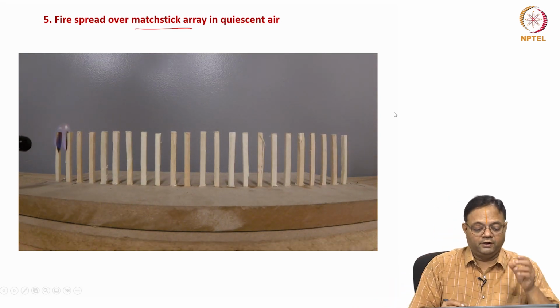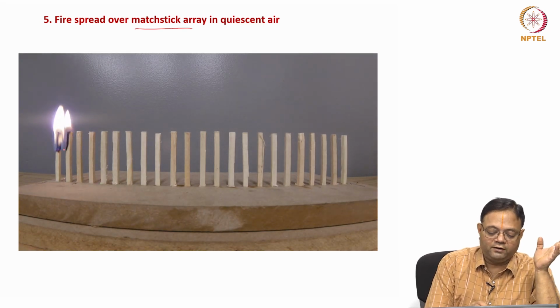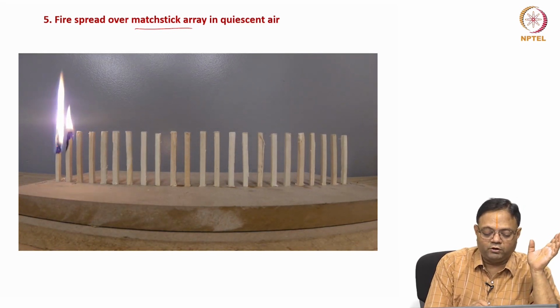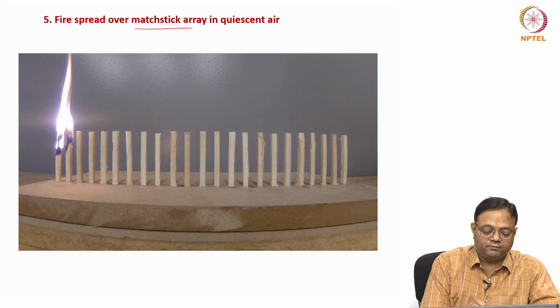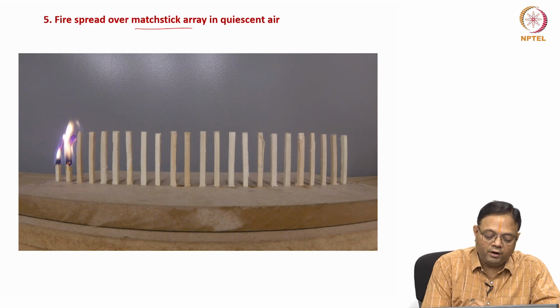So let us see how the flame propagates over this. You can see that it is ignited, but the ignition energy is slightly higher, so two matchsticks are now ignited at the same time. So we will not worry about the first matchstick now. The second matchstick burns now. The flame does not ignite the third one, but it propagates down slowly, ignites the portions below it, but after it ignites about